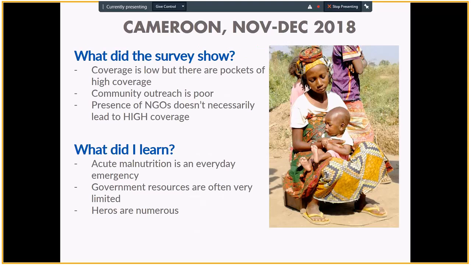But what did I learn? This is really something that struck me. I'm so used to going to regions and countries where acute malnutrition is highlighted as a big problem, and that's why ACF is there, that's why NGOs are there supporting. But I always perceived Cameroon to be a middle-income African country. They'd had a stable government for about 20 years, and I thought the coverage would be a little bit lower because I just hadn't heard about Cameroon in the news. It hadn't flashed up. We had had programmes there, but on quite a small scale for many years.